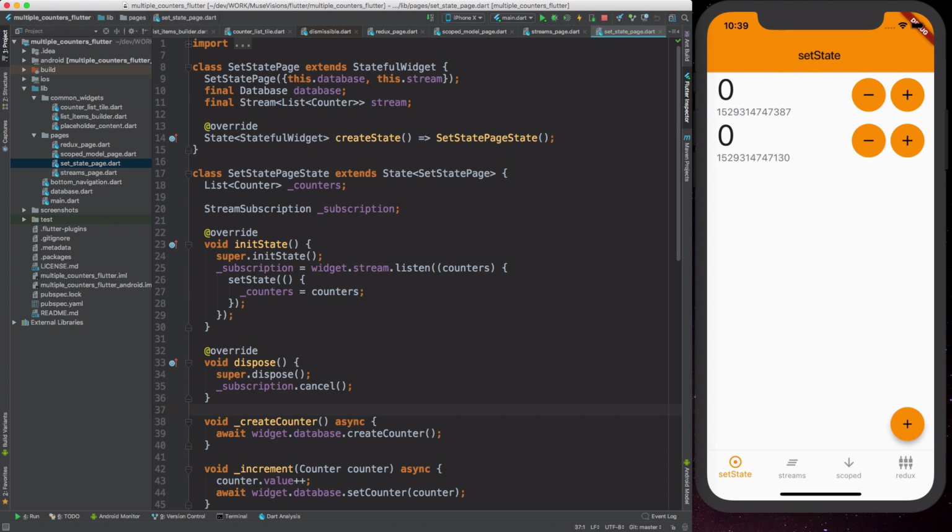Now, setState is one of the first things that you encounter when you start Flutter programming. And typically, you would have a stateful widget subclass, such as this one, and you declare some state, like we have done here with our counters variable. In order to update the UI for your page, you need to call setState somewhere, and this causes a rebuild